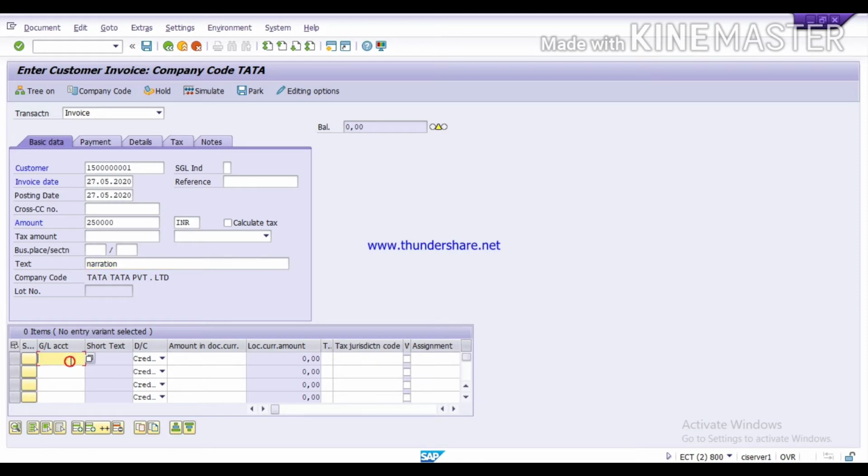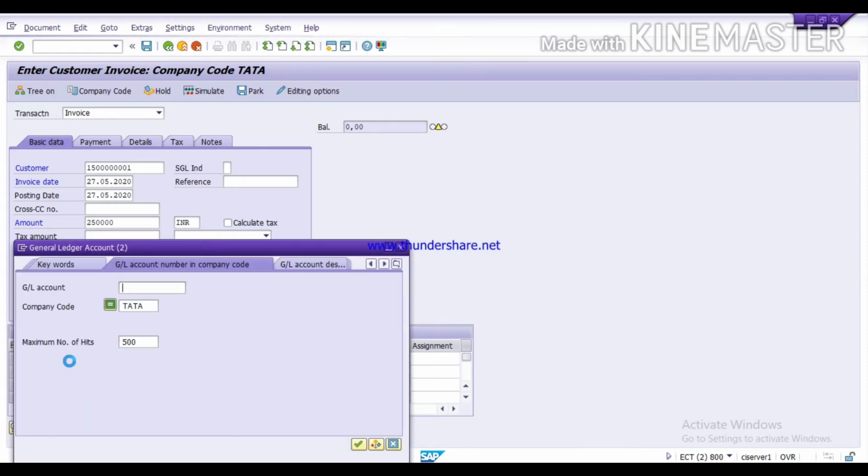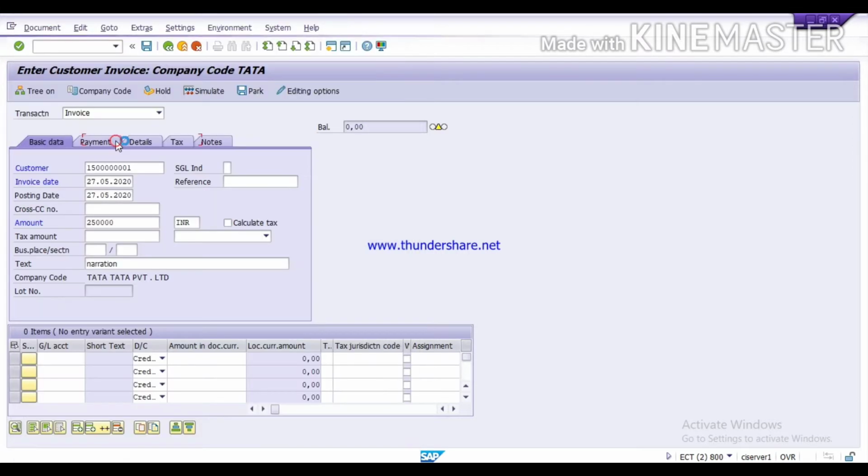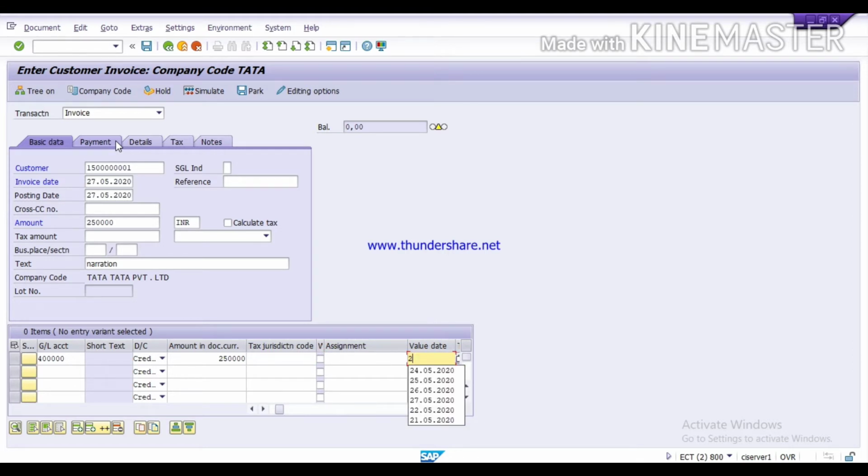Select your GL account. Press F4 key. Credit GL is revenue account. Give the amount 2,50,000. Here select the value date, 27th of May, then press enter.